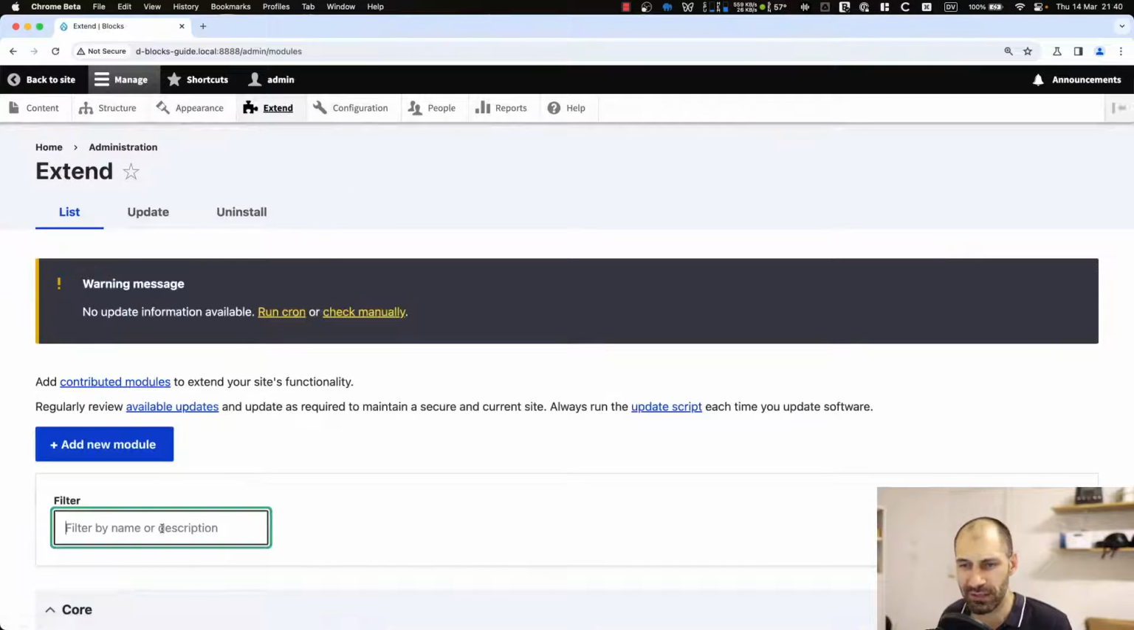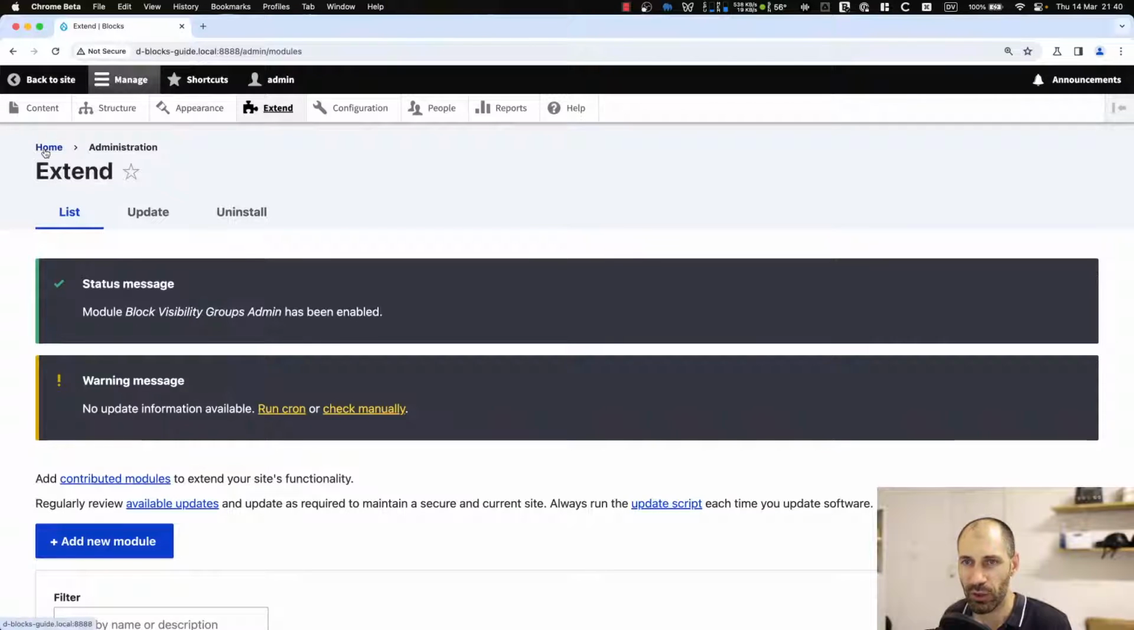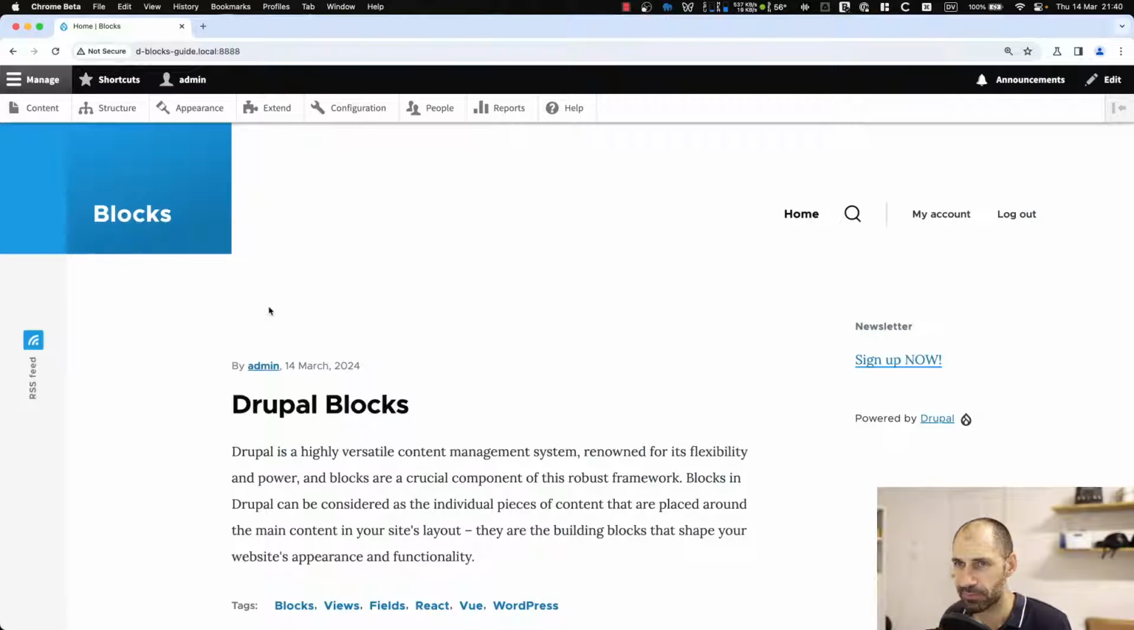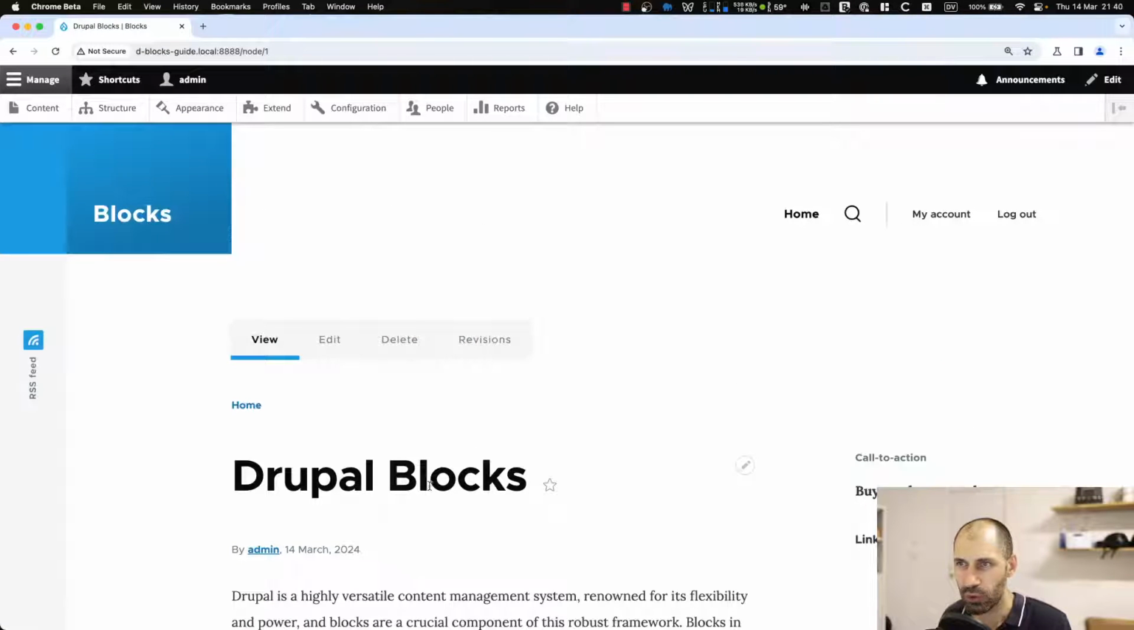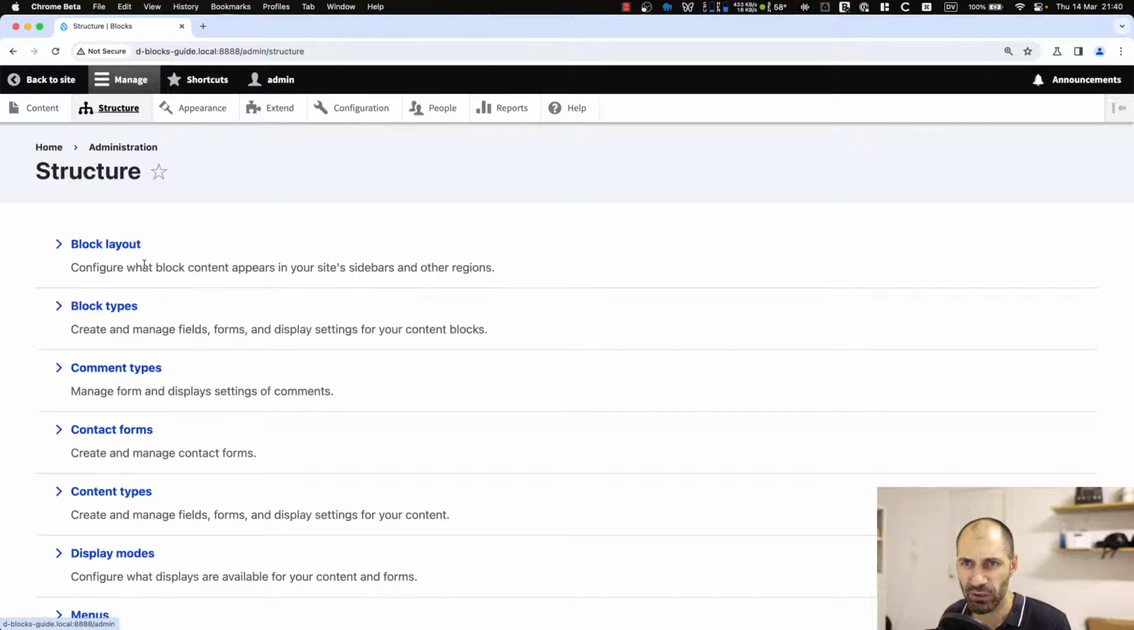If we go back to extend and search for block, the block visibility groups admin. This is a nice little helper which actually shows you what group is getting loaded up on the actual page. So if we install it and then go to the home page and then click on Drupal blocks. Well, I do believe if you go to structure,